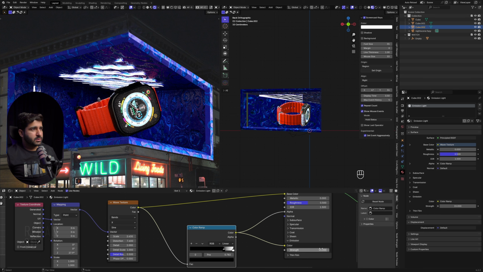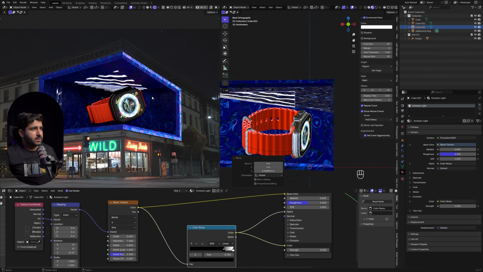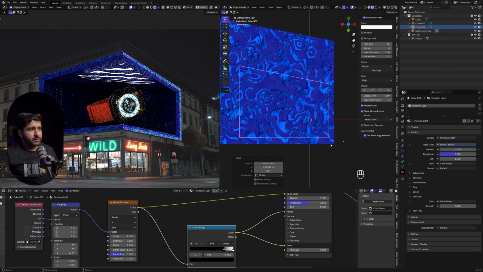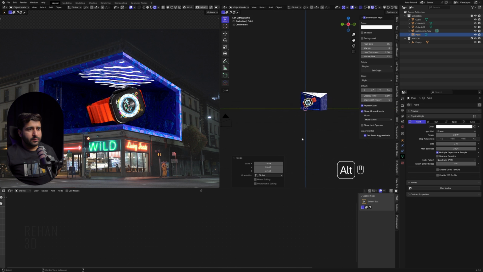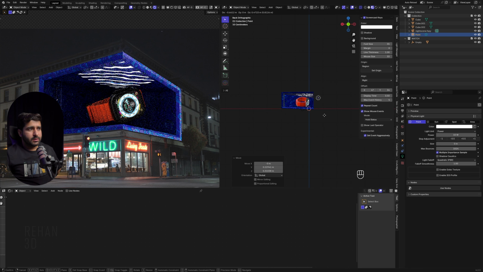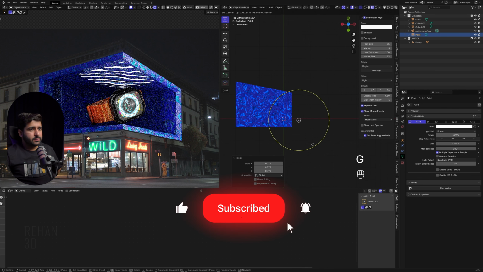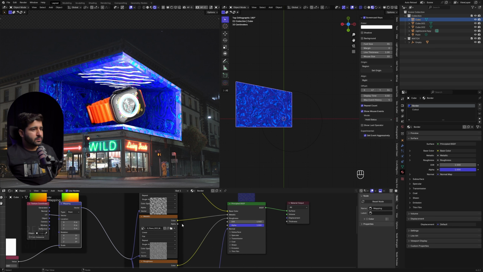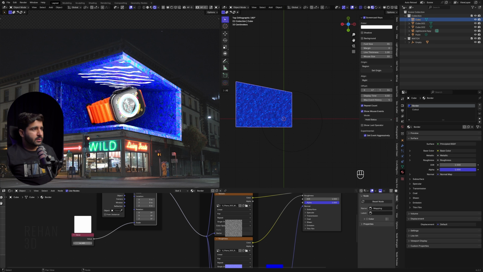I think this is good for right now. We will set it up later. So simply like this, and move it here. And after this, add other lights. So I will light it up, point light, move it here, scale it up, increase the strength, this, and increase its value like this.